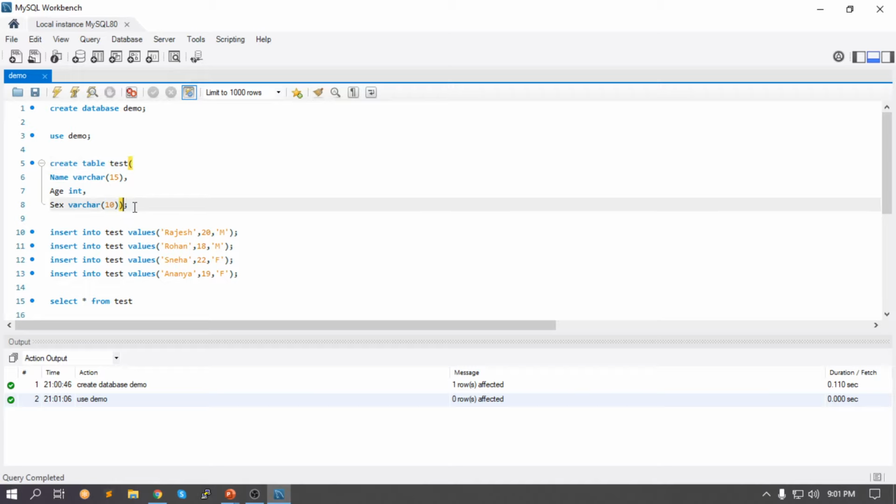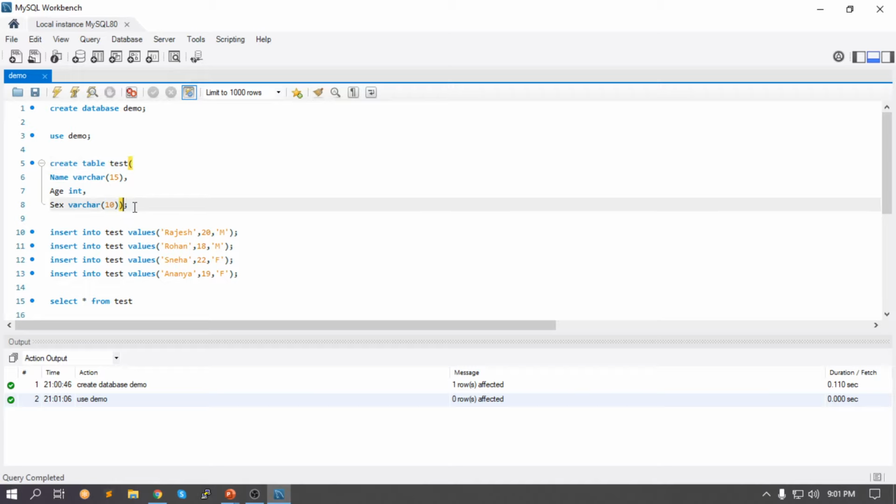So I have created 3 columns for my table. One is the name. It's a varchar, which means it's a character. Name is a character, right? I cannot have name as 2 and 3 and whatnot. And then we have age. Age is an integer. We don't have to use short int, long int, tiny int and all of that, because we know that if you're going to work with a human age, it's going to be somewhere between 0 and maximum 100 or something, right? So int will suffice.